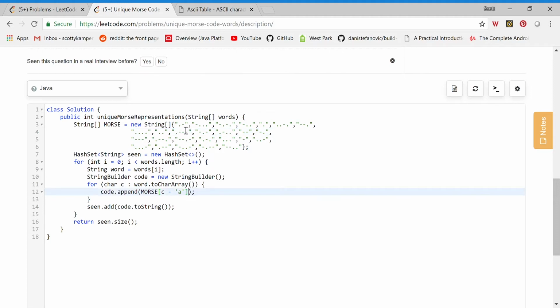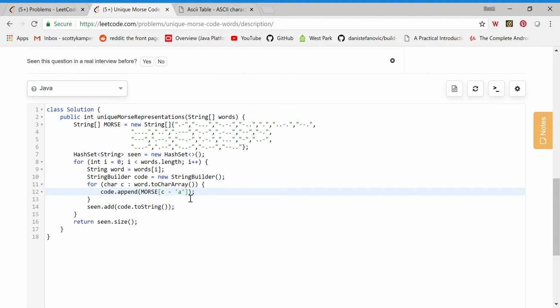Now this is obviously zero based, okay? Here's the 0th element up through the 25th element. So if you haven't seen something like this before, what we're doing is, this is a character, c right here. It's a character in Java. Now, characters in Java can also be represented as integers, okay? And what we're doing right here is a little bit of clever math. What Java is doing for us under the hood, you may look at this and say, this is a character,